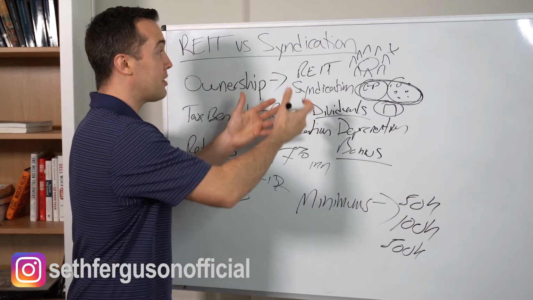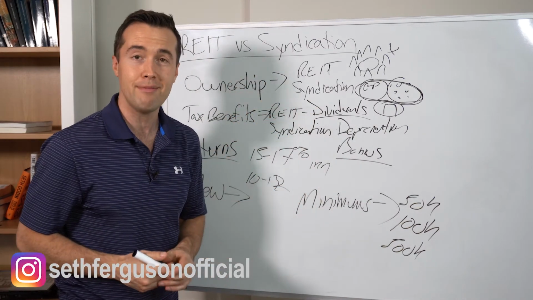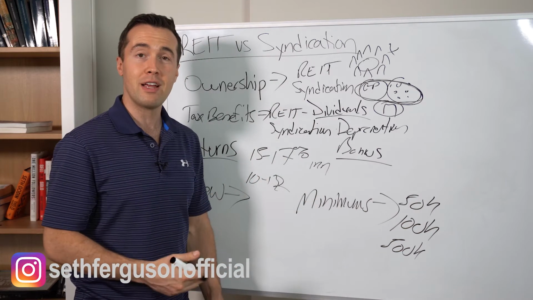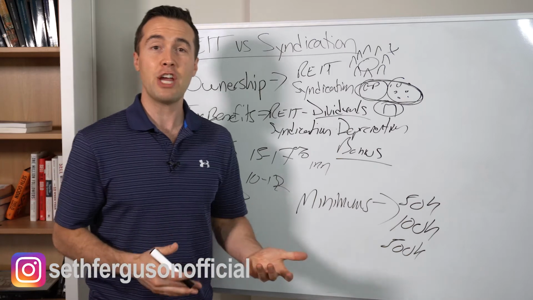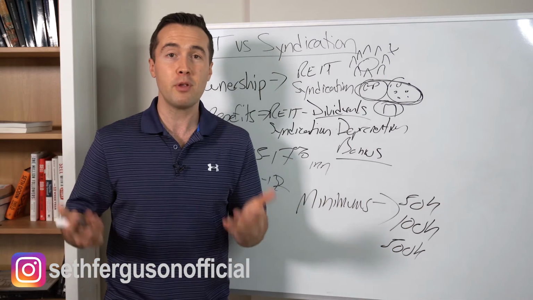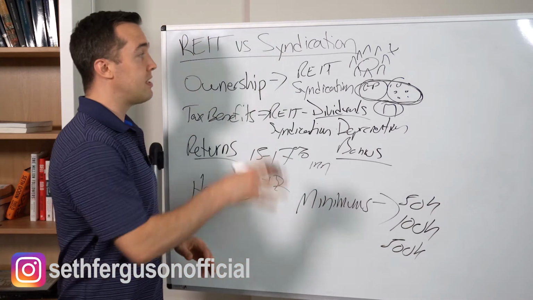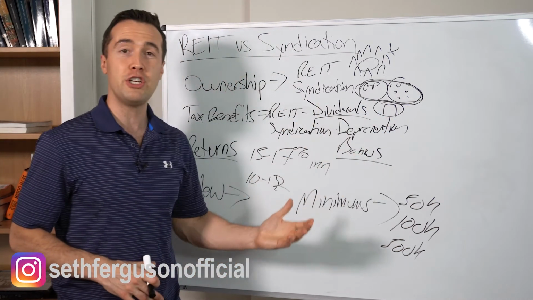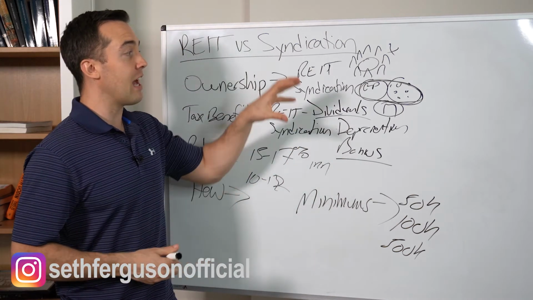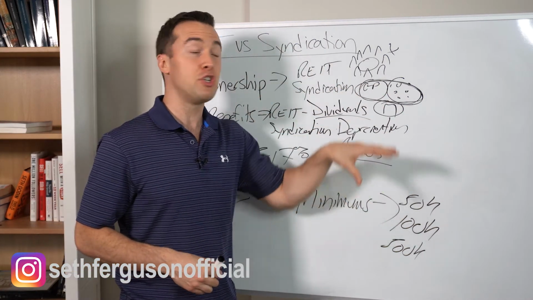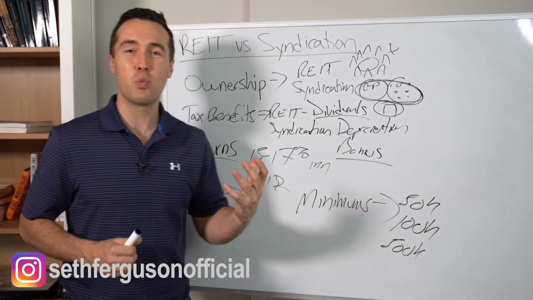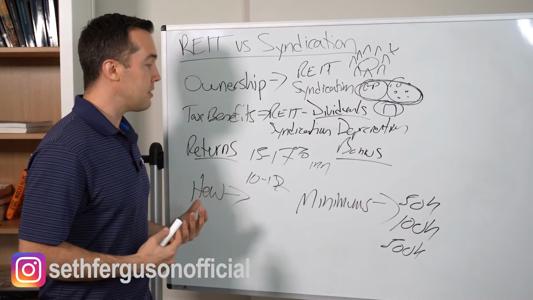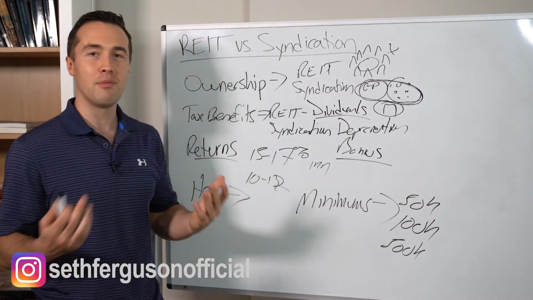You're buying shares of a company that owns a lot of real estate, and so we know real estate is very stable. Your returns are generally going to be lower than investing in the syndication, but in exchange you get liquidity, which to some people is really important. But then with the syndication, you're going to have higher returns. You get to take advantage of depreciation and bonus depreciation. You get direct ownership in the property, which you don't get with the REIT. You get to decide where your money goes if you invest in that project or not with the syndication. Plus, you have all sorts of benefits too that come along with owning real estate.